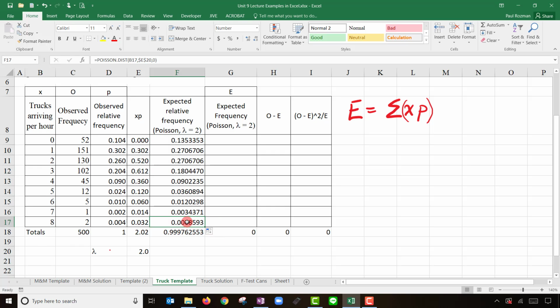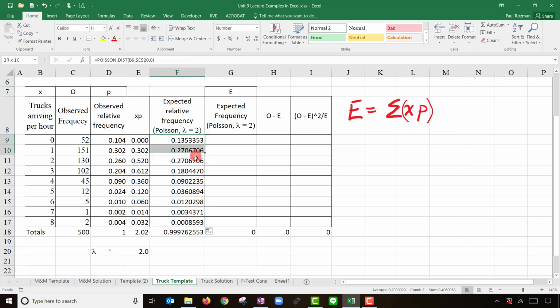Now, these don't all add up to 100%. We're off by a little bit. And the reason for that is we've only considered 0 to 8 trucks. But there could be 9 trucks or 10 trucks or 400 trucks. They'll all have really small probabilities, but that's where the missing probability is. But to 3 decimal places, we're there. These are expected